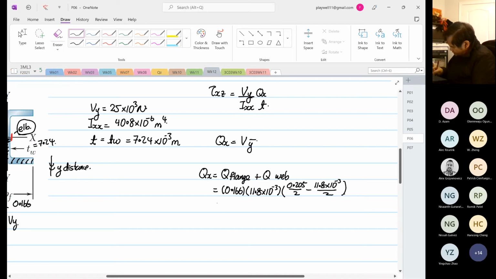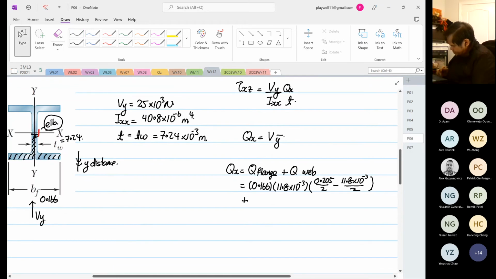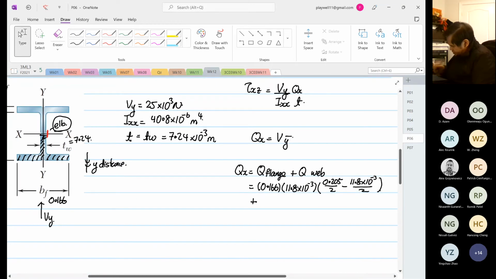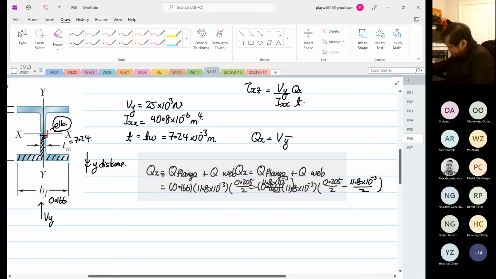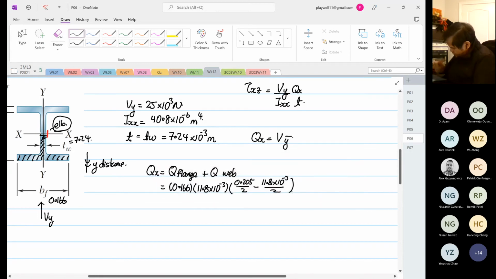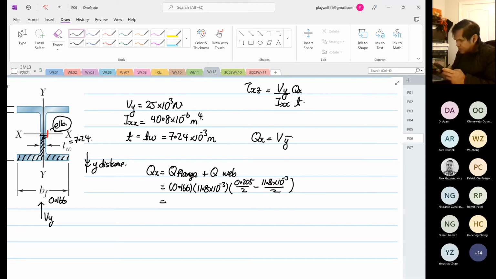Then plus the width, which is now 7.24. Let me bring this closer. I'm going to compute the flange first: 0.205 divided by 2 minus 11.8 power minus 3 divided by 2, times 11.8 power minus 3,